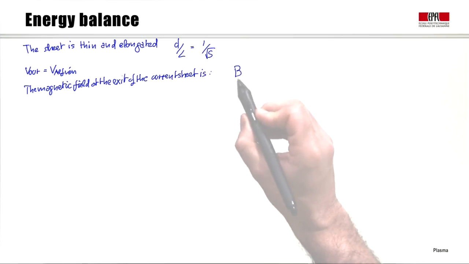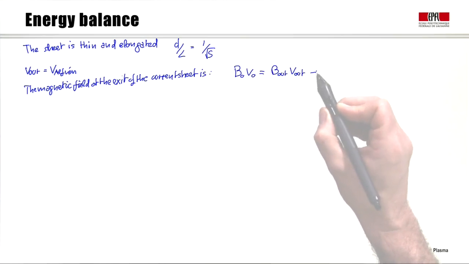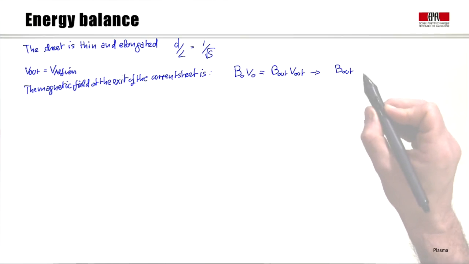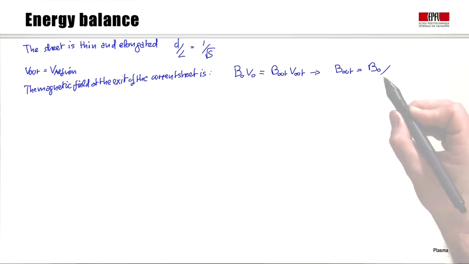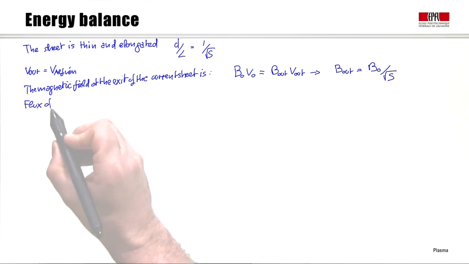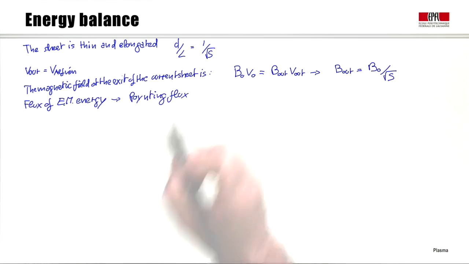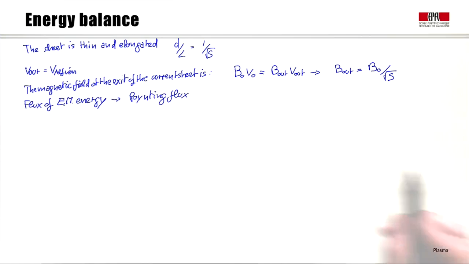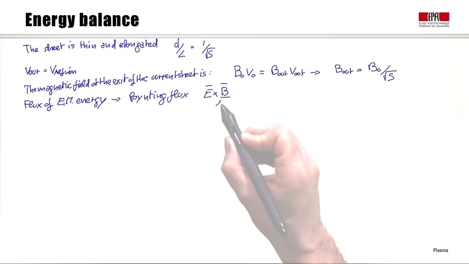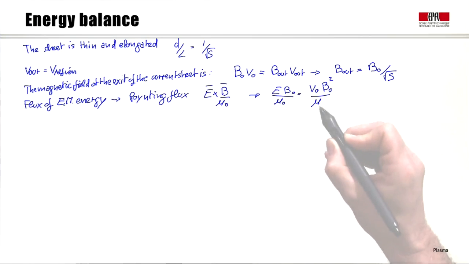And we obtain that it is much smaller than the magnetic field at the entrance, since it scales like 1 over the square root of the Lundquist number. Let's now recall that the flux of the electromagnetic energy is given by the Poynting flux. And let's compute the Poynting flux at the edge of the current sheet. We have obtained this expression by recalling that